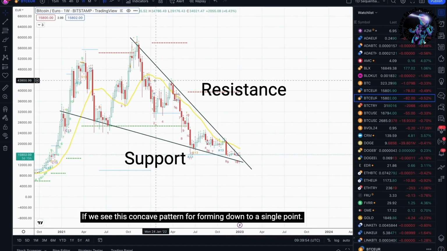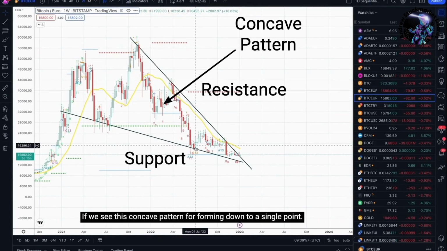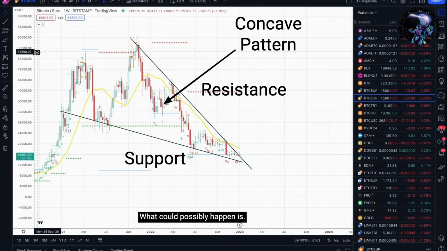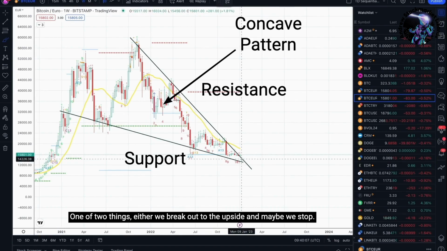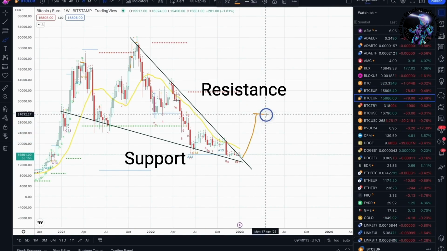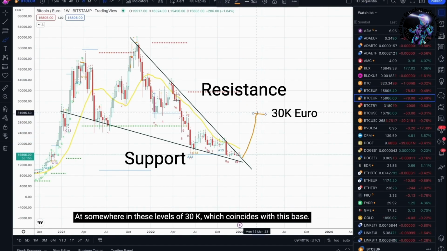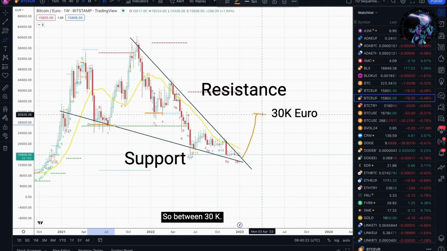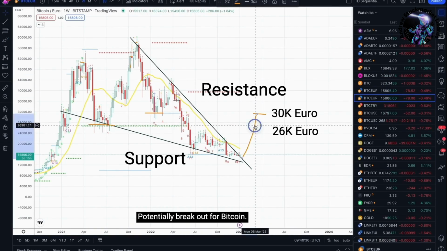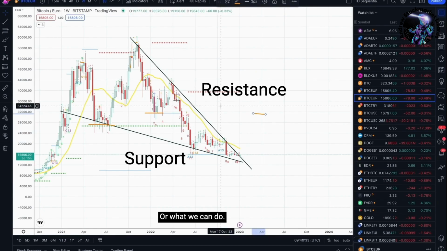So if we see this concave pattern forming down to a single point with its 20-week moving average also consolidating back down, what could possibly happen is one of two things. Either we break out to the upside and maybe we stop at somewhere in these levels of 30k, which coincides with this base or this base. So between 30k and 26k, this could be one potential breakout for Bitcoin. Or what we can do